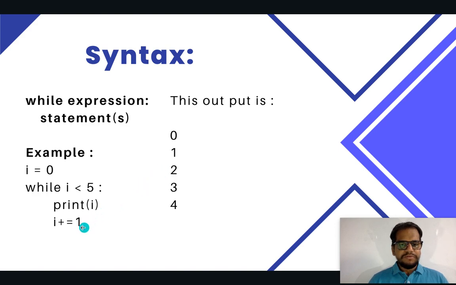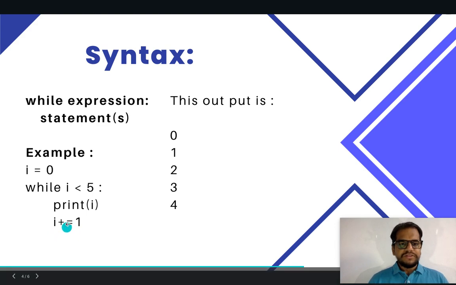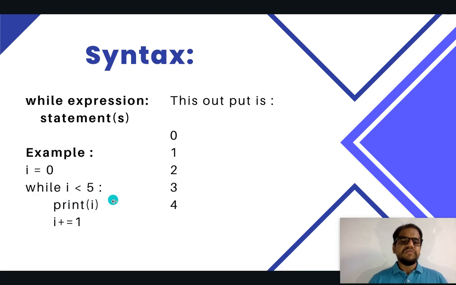The same loop happens again until i is 4 plus 1, which means 5. Then i < 5 is checked, and both are equal, not less than. That's the reason the while loop stops there and doesn't print anything. It stops only on that condition. So we can check the next